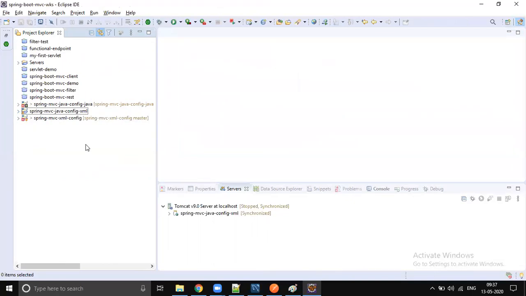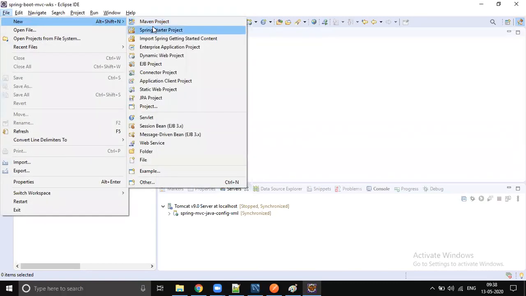Can we create a fresh one, or can I show you an already created one? Create a new one. Okay. So let's go to File, New. I'm just choosing Spring Starter project. In a company, it won't be possible. You have to create a Maven project and convert it into Spring Boot, but as we are just practicing on a local machine, that's why I'm choosing Spring Starter project.